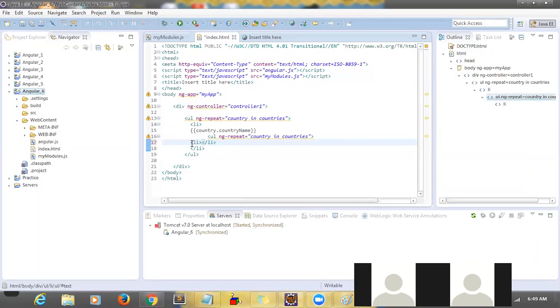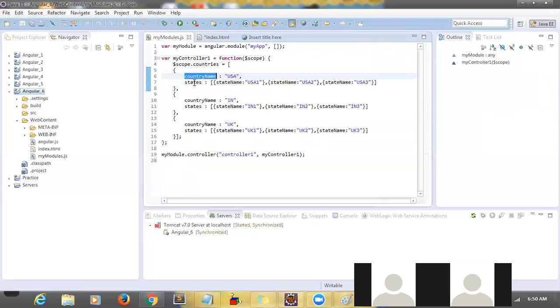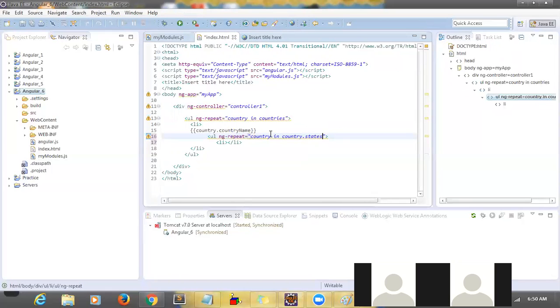Okay. So now I have to take country dot states, the reference. From states I have to take one state, correct? So basically from one country I am taking multiple states, and from multiple states I am taking one state. So I want to display that particular state,